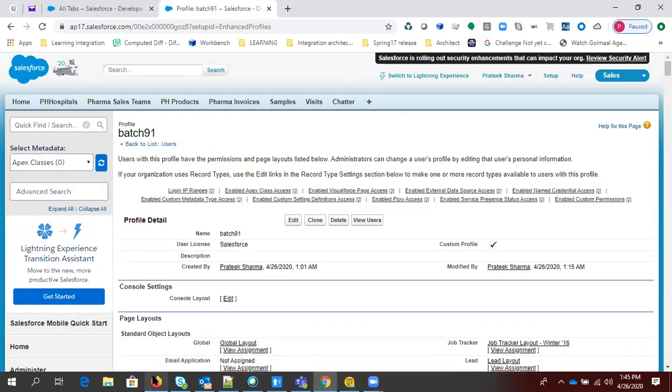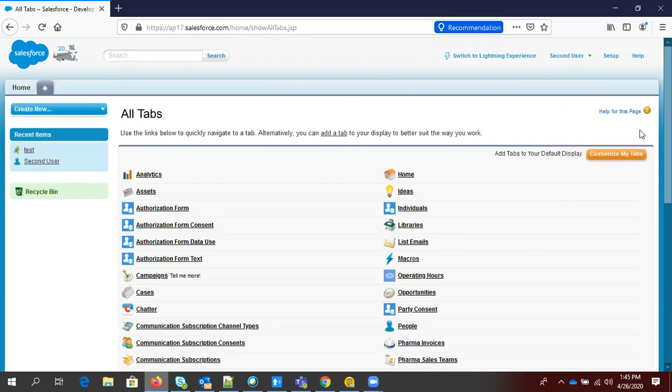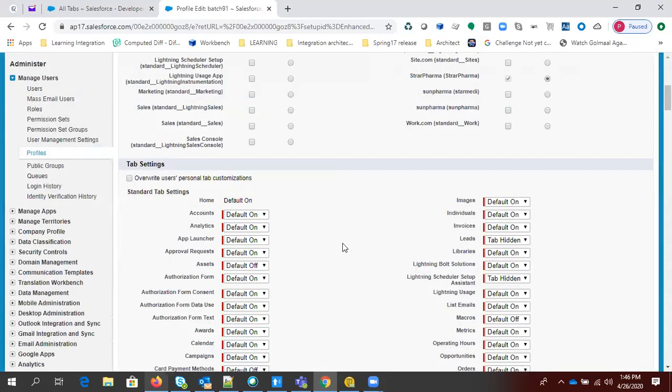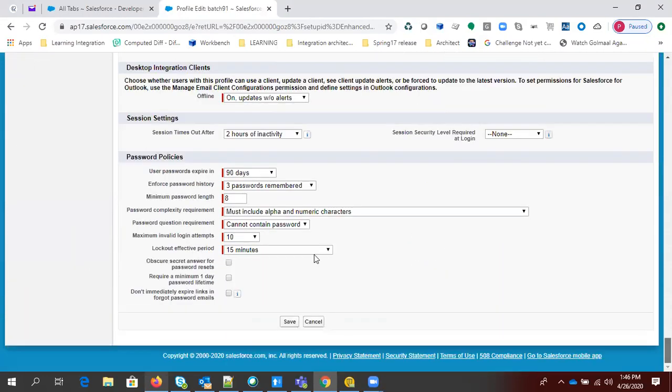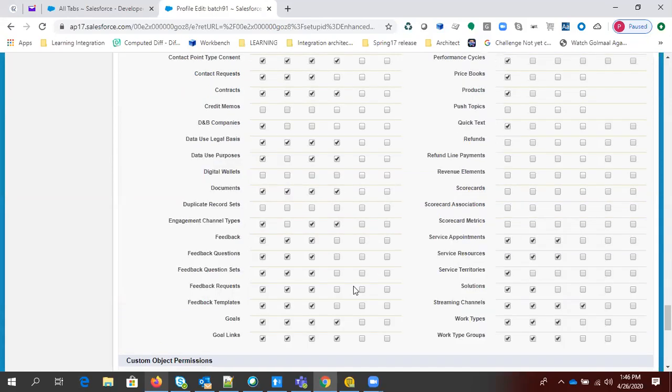And now just go back to that user in Mozilla, just refresh it. You can see that the drop down is not available, and by default that Star Pharma app is selected because this user doesn't have the object access related to Star Pharma app. That is why the tabs are not visible. Let's give the access, then it will be more visible here. So I am just going to give object access as well for all the Star Pharma apps. Let's say just right now I'm giving read access for all the objects, right? So that tab will be visible.